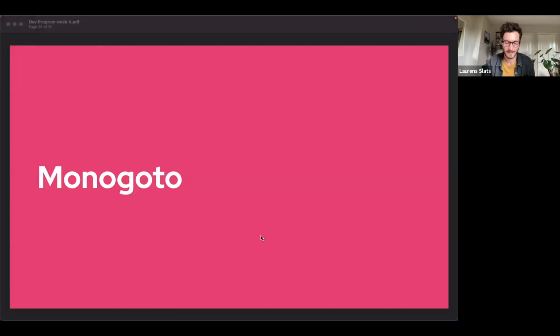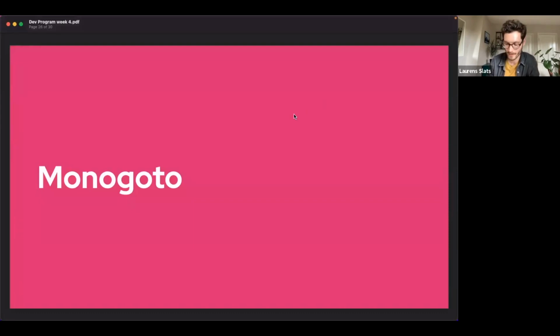Monogoto, as I explained, is a virtual operator, meaning that we take care of the full virtual part of IoT connectivity. We run the virtual network component, making sure that we route the data and manage all devices, and we roam with existing local mobile operators. We have roaming agreements with about 500 networks around the globe. That means that if you have one SIM of Monogoto, which can either be a plastic SIM or a hardware SIM that you solder onto your board, you can directly access all of these networks around